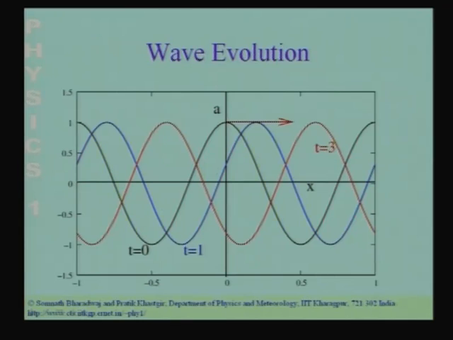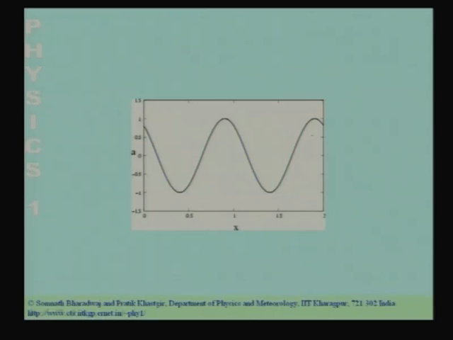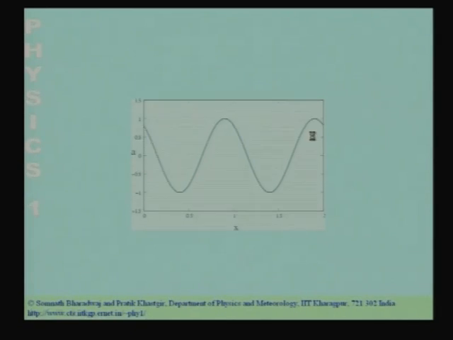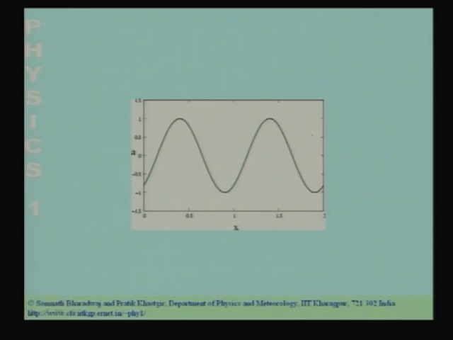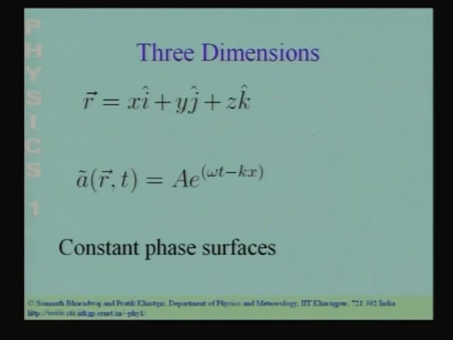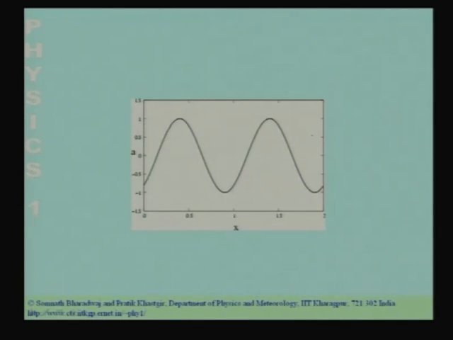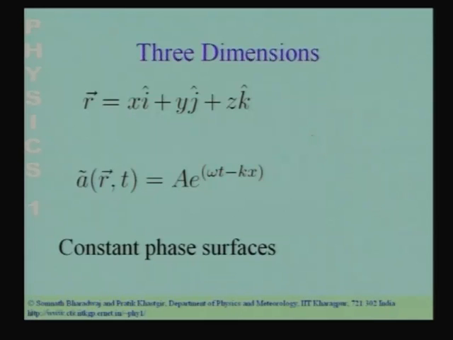So, the whole curve moves forward, and then at t equal to 2, it moves forward again further, and at t equal to 3, it moves even further. So, this is how the whole thing evolves in time. The form of the wave does not change, it just moves forward in time. So, this shows you the wave propagation as a function of time. You can see that the whole sine wave or cosine wave just moves forward in x as time propagates. So, let me show it to you again. As time propagates, the whole pattern just moves forward.